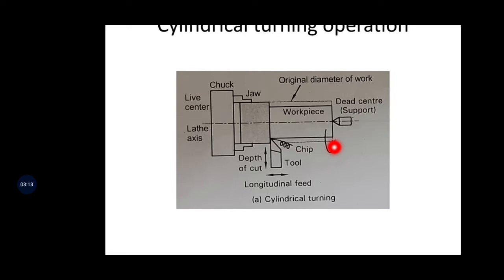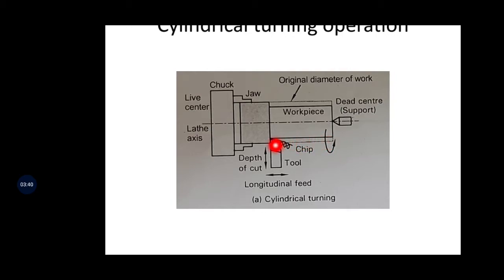You have to give the depth of cut, and slightly use the carriage wheel. I showed you in the last class that the carriage wheel is there. That carriage wheel, you have to rotate it. Slowly the single point cutting tool starts moving. That means you are giving the feed here. When you rotate the carriage wheel, that means you are giving the feed. Slowly you have to rotate, so that the single point cutting tool starts removing the material from one end and reaches the last end.